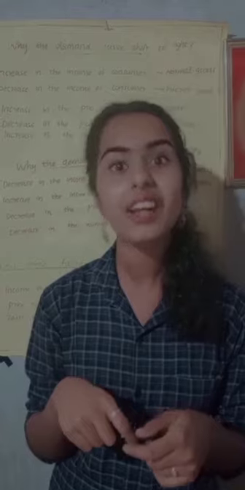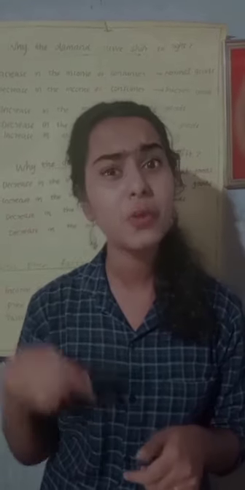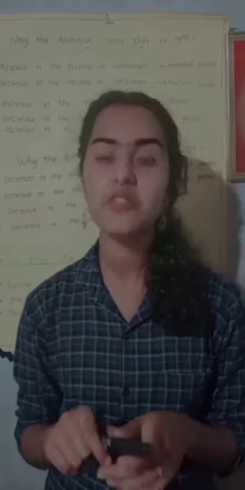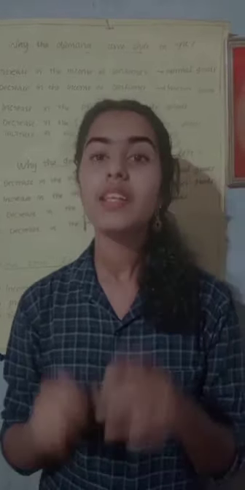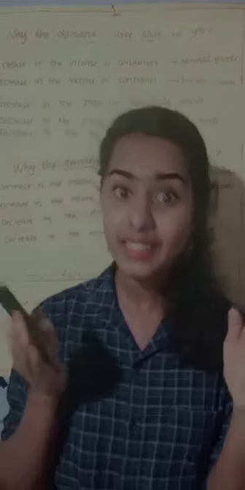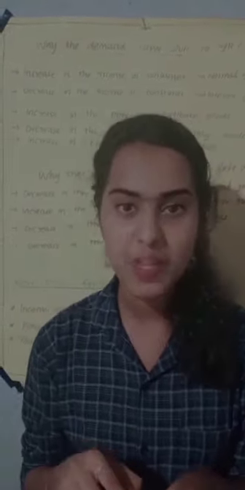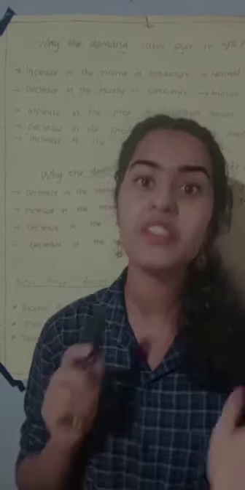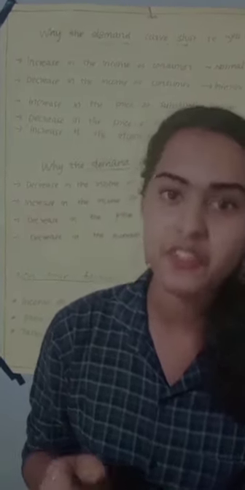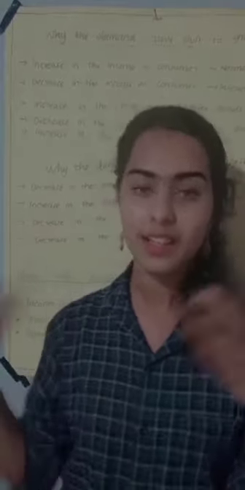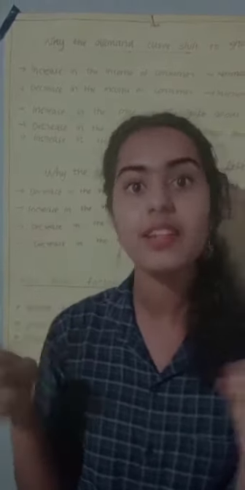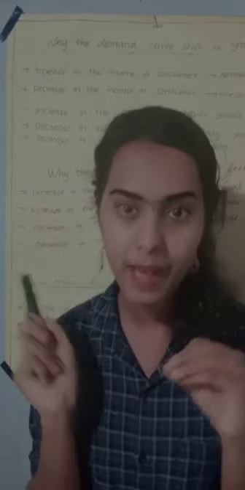Now let's look at what the reasons are for the shift of demand curve to the left. The reasons are the decrease in the income of consumer in the case of normal goods, increase in the income of consumer in the case of inferior good, decrease in the price of substitute good, and decrease in the number of consumers. These are all the reasons for the shift of demand curve to the left. Okay. These are the reasons which cause the shift of demand curve.